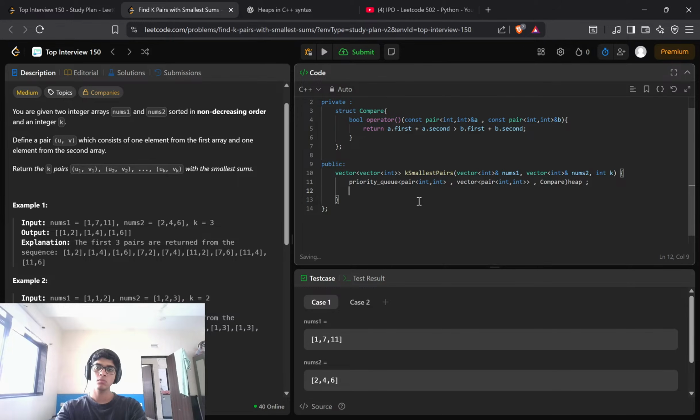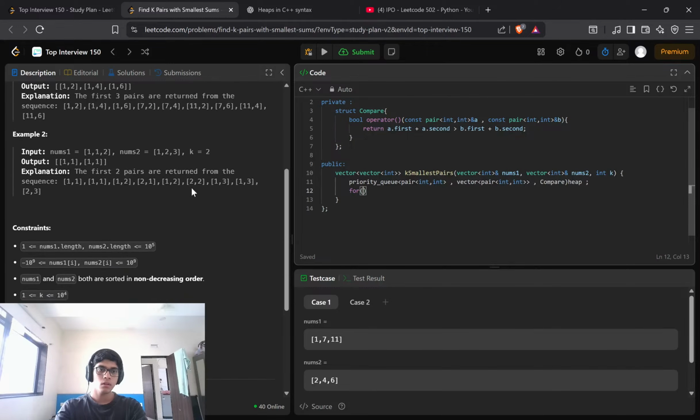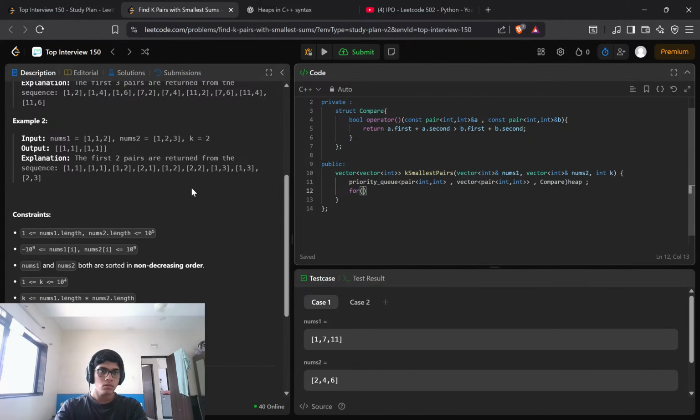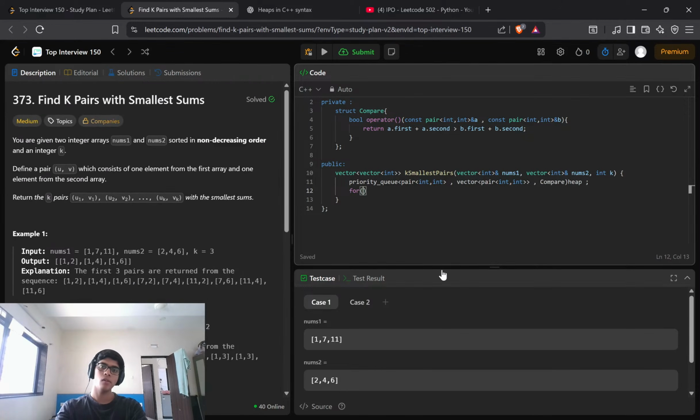And for i is equal to 0, i is smaller than nums1 dot size, i plus plus, for int j is equal to 0, j nums dot